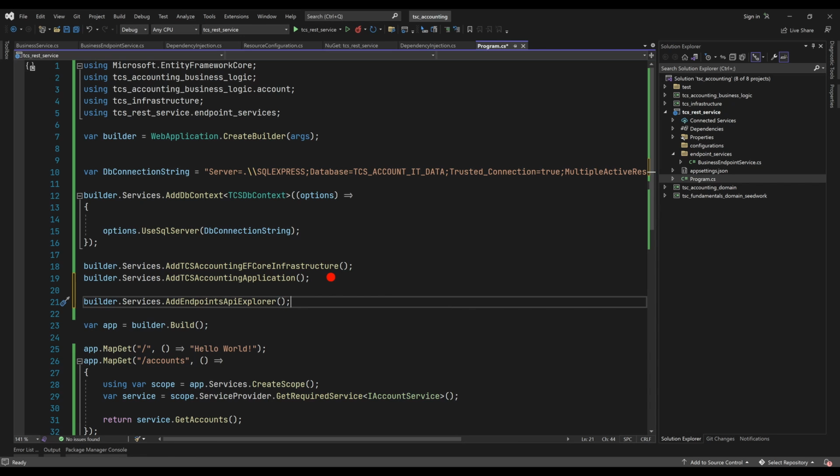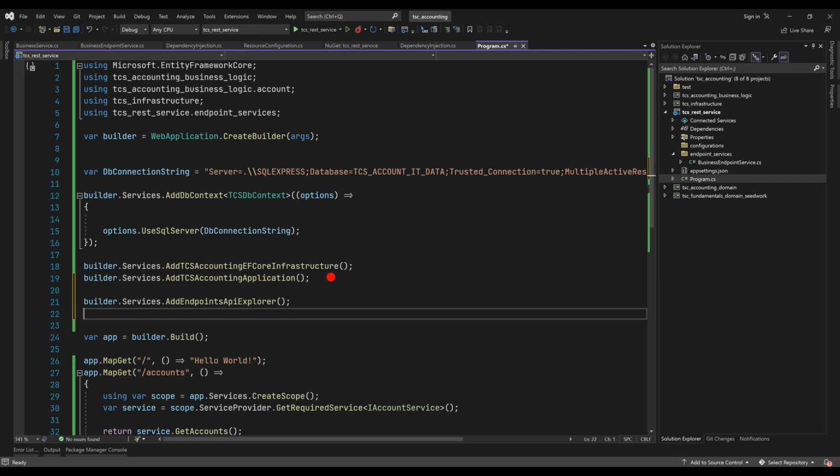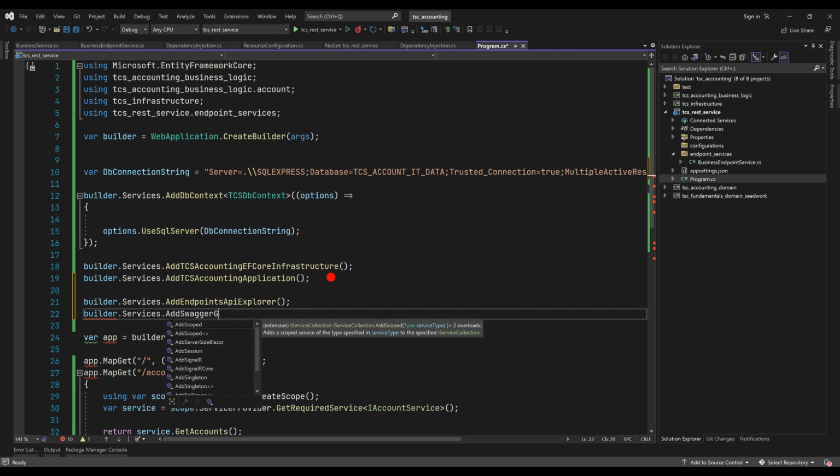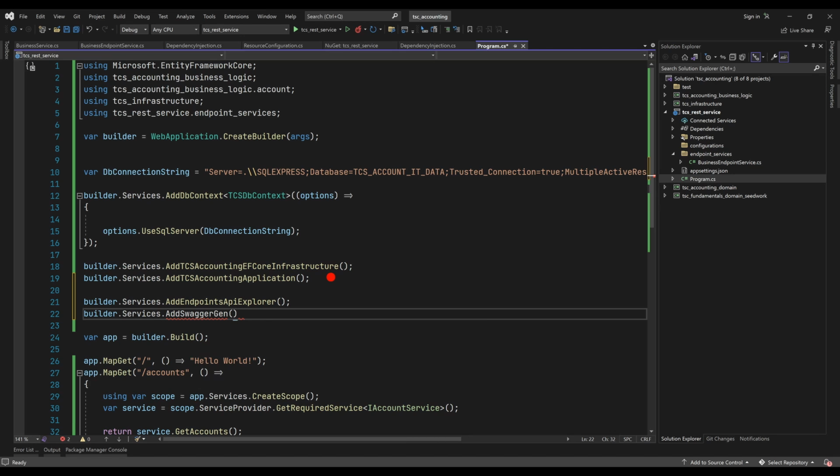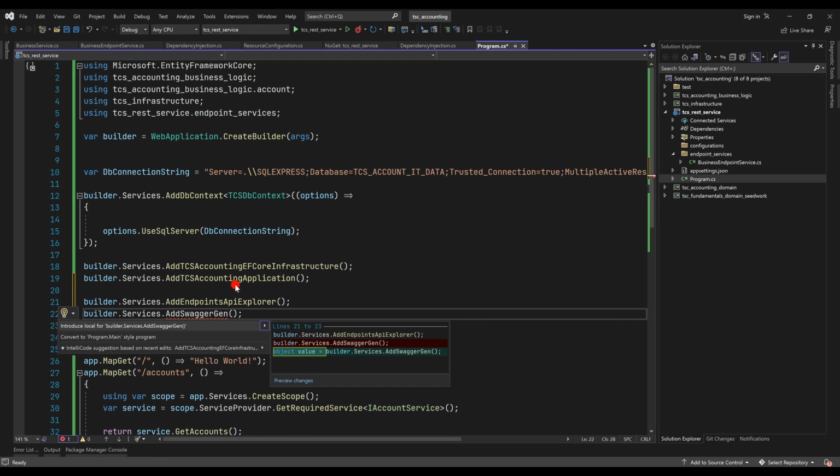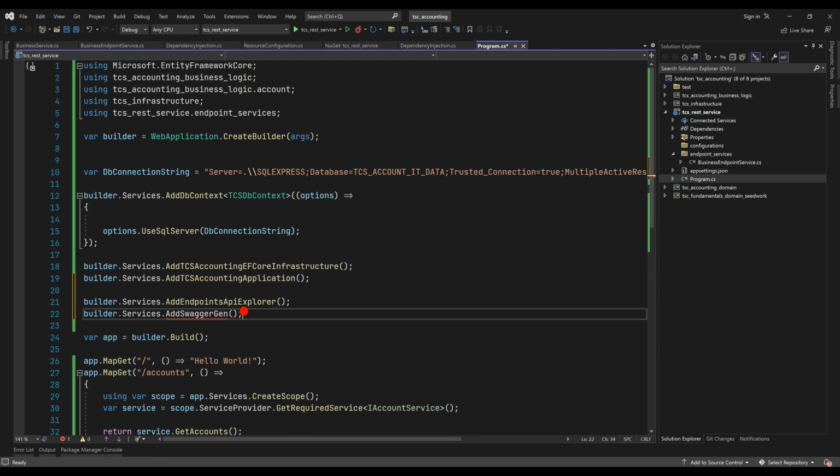The next thing we're going to do is, because there is an implementation of OpenAPI that comes out of the box as well, implemented by Swagger. You would see a lot of utilizations of Swagger on many platforms. So Swagger is an OpenAPI specification, and we can go ahead and use it. builder.Services.AddSwaggerGen, and probably SwaggerGen does not come out of the box, so we may need to actually install it. Let me check. So we do not have SwaggerGen in our API,